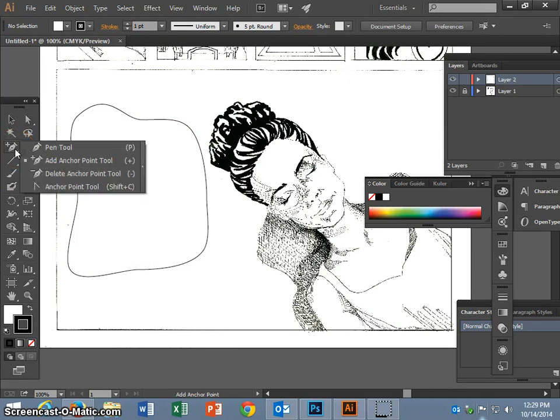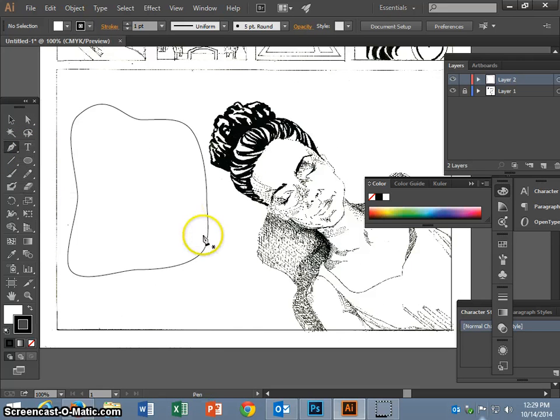So I'm going to switch back to my pen tool right here by clicking and holding. And with the pen tool, I'm going to provide first an initial anchor point and then a grounding anchor point. So I'm going to click within this shape here and let go. That's giving me one anchor point. I'm going to drag. I want my sound coming from down here, so I'm going to indicate that. And then the second time, I'm going to click and hold down, and then if I move my mouse a little bit,